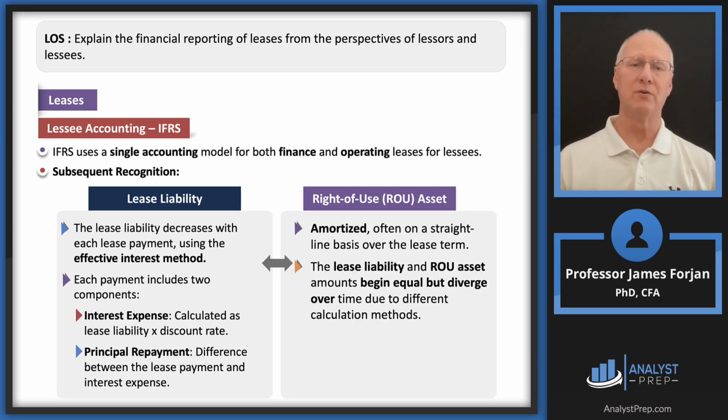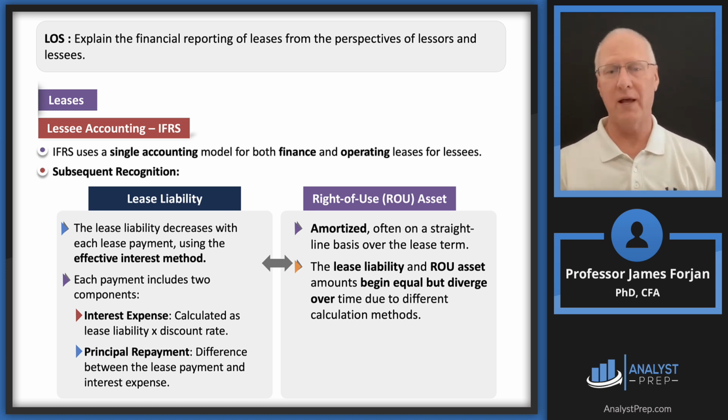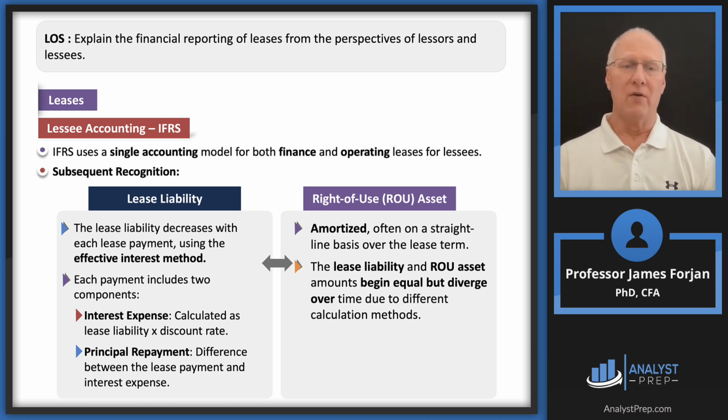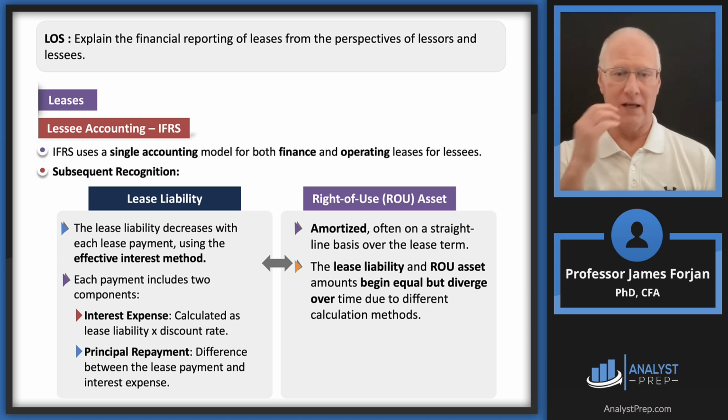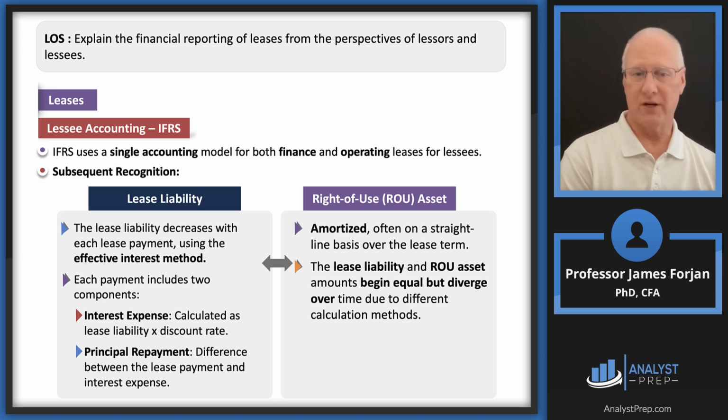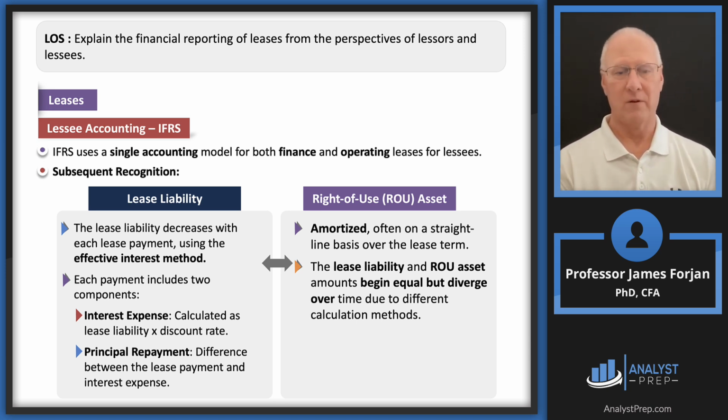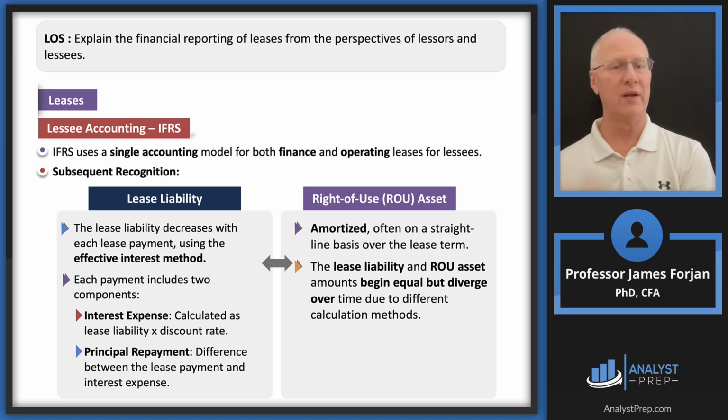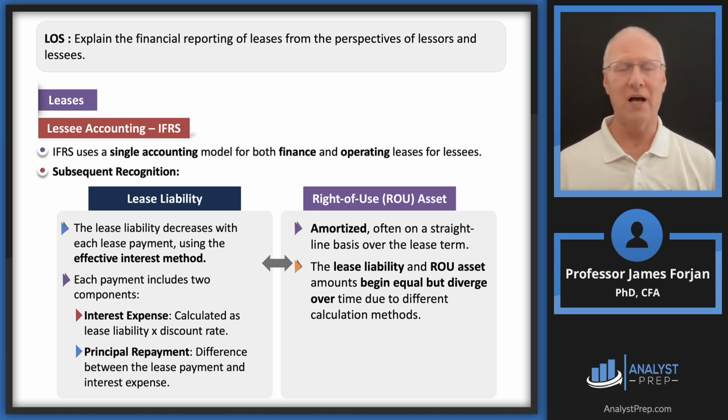Now what happens over time? So we make that original journal entry, and then we start paying this off, right? So if we owe 100 and we pay 30 and 30 and 30, whatever that is, then something has to happen. This sounds an awful lot like depreciation of a physical asset. It sounds an awful lot like amortization of a non-tangible asset. So we've got to do those kinds of things here.